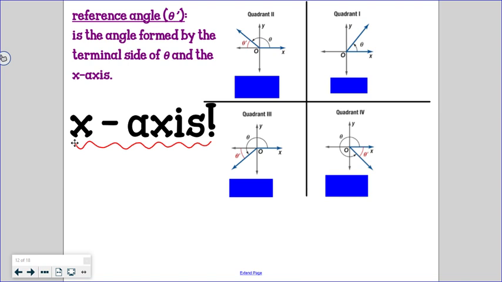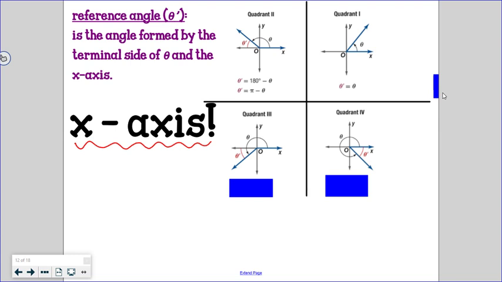If I had an angle small enough to drop me into quadrant 1, like 45 degrees, my reference angle would be going back to that original x-axis, and you would be the same distance away from that as your angle is. So if my angle was small enough to be in quadrant 1, like 45 degrees, its reference angle is 45 degrees. We'd be 45 degrees away from 0, okay? Now, if my angle was big enough to put me into quadrant 2, like 120 degrees, my closest x-axis becomes this guy over here, which would be 180 degrees. And so the formula they give you is that you would take 180 minus your angle,